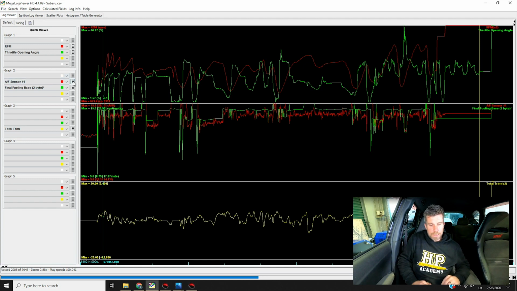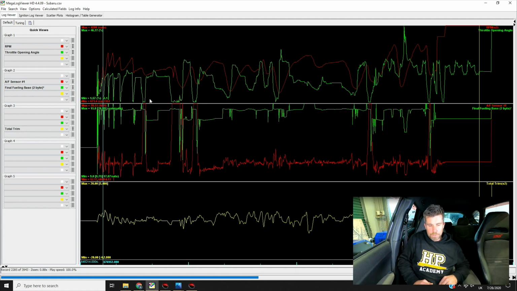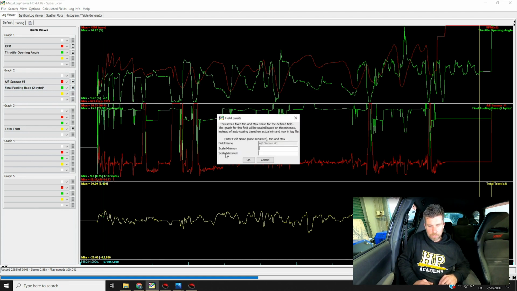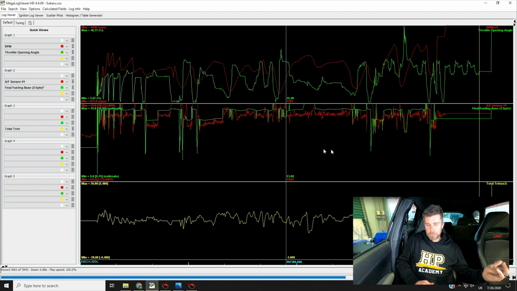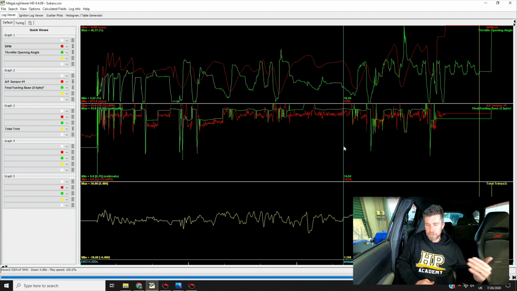So to correct this, we can just come over here to our little burger menu, and we've got our air fuel ratio sensor 1. Auto scale is how it's normally going to look, and we can come down here, untick auto scale, and we can set a minimum, let's say 9:1, and I think we were 15:1 already, and just basically however you want to display that. You want to essentially get good resolution in there so you can actually see what's going on. Now we can click essentially anywhere in this file, and you're going to be able to see the live values at that particular point.